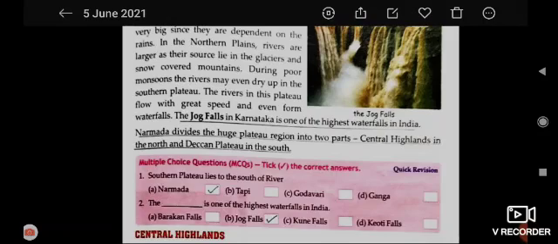Now, Narmada divides the huge plateau region into two parts: the Central Highlands in the north and the Deccan Plateau in the south. So students, that's all for today. Today we'll cover till here only, and the remaining part will continue in the next class.